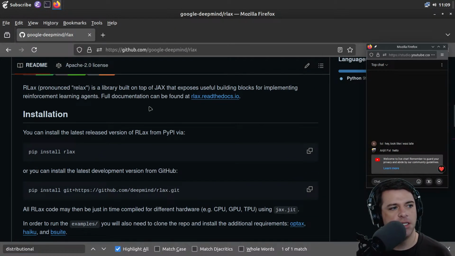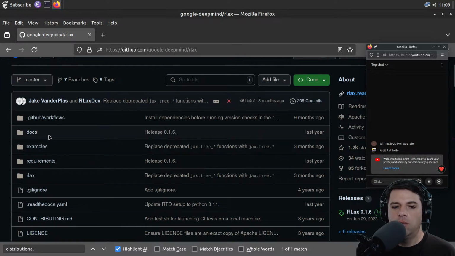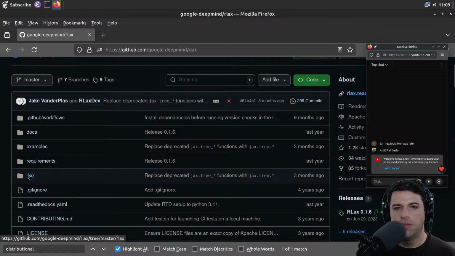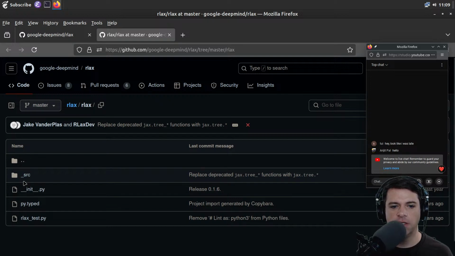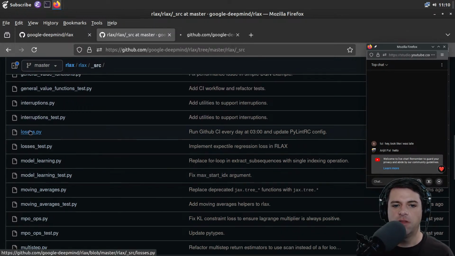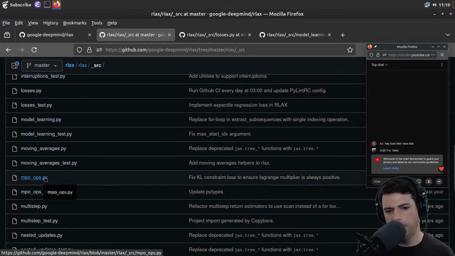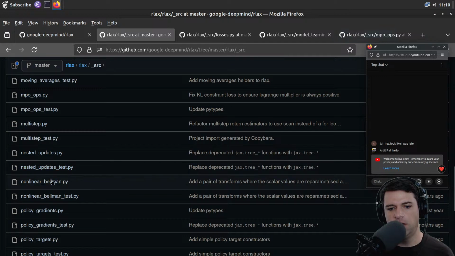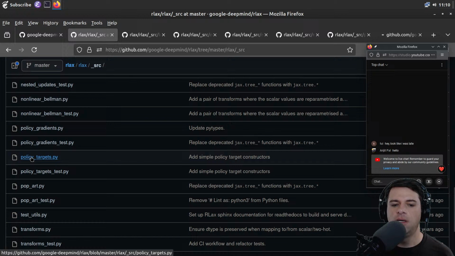Sounds good. Okay, so now let's actually get to the rlax code. We've got examples and requirements and rlax. I'm guessing requirements is just Python requirements. And in rlax, we have underscore source and some typed stuff. I guess that's probably typing information. And we have a bunch of things like losses, model learning, moving averages, MPO ops, MPO, multi-step, nonlinear Bellman, policy gradients, policy targets, pop art,